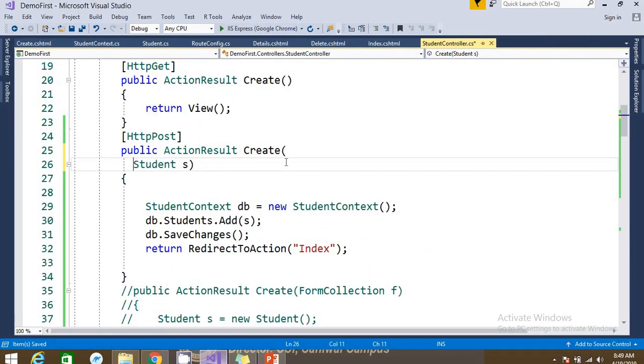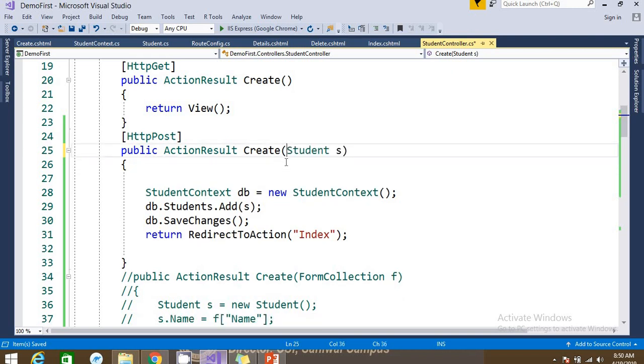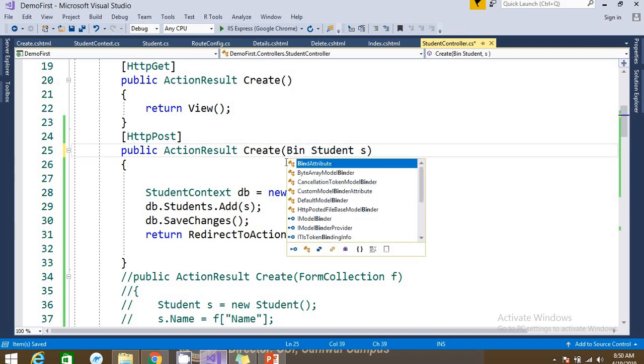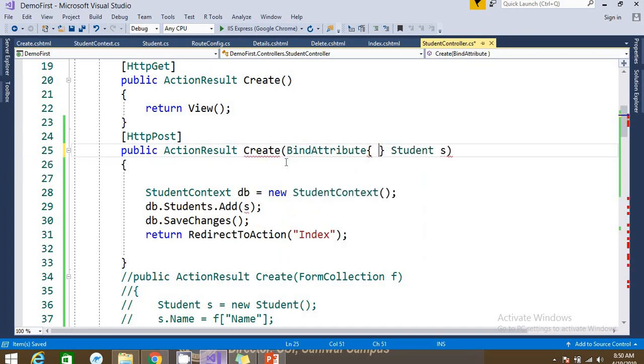If I do not want to accept the mobile value for some reason, I just write an attribute here, Bind, and we just write here Exclude,